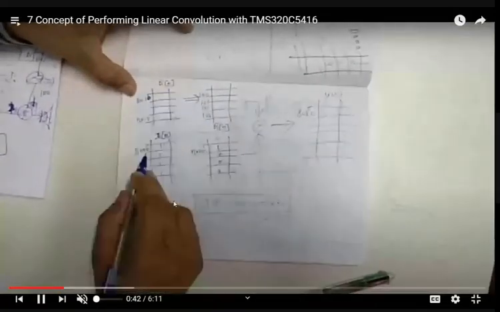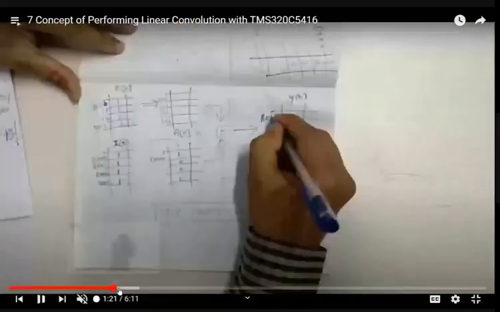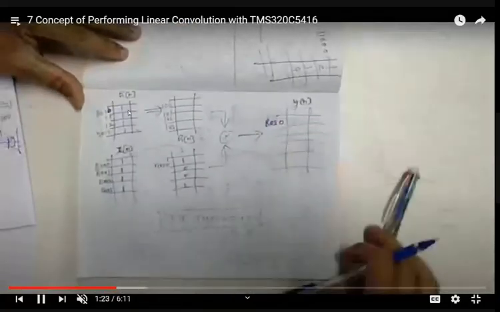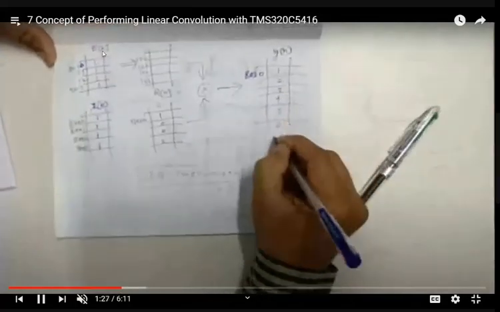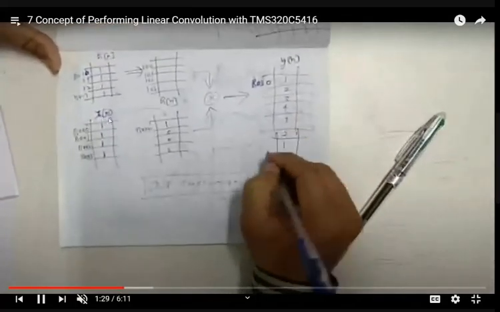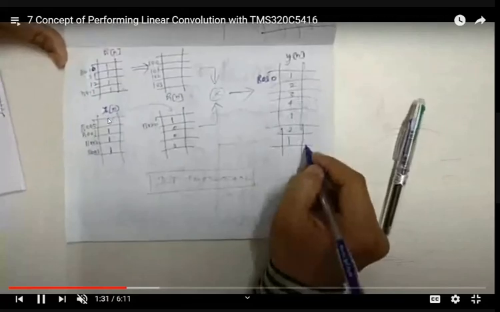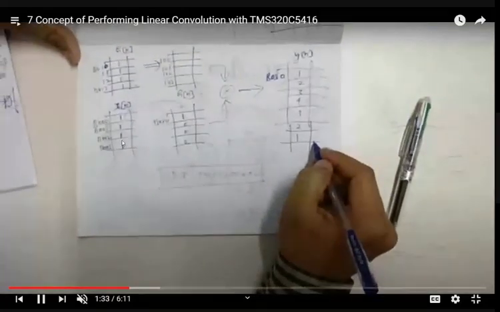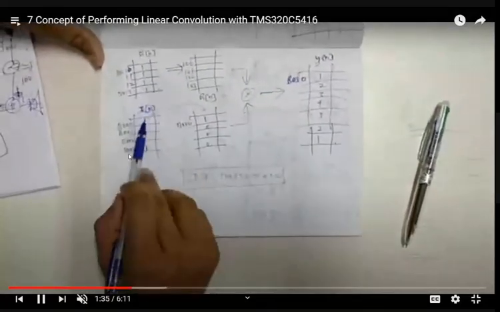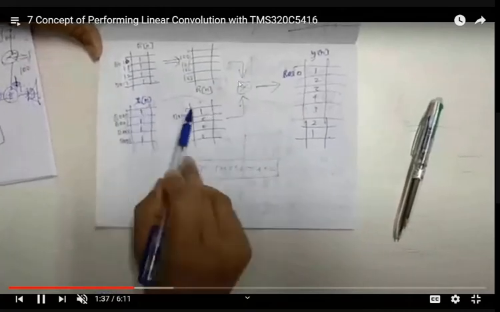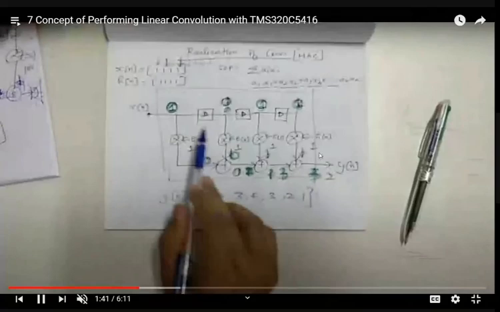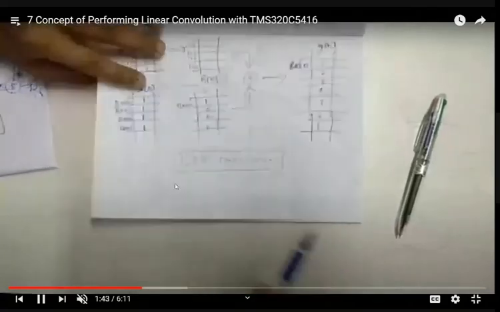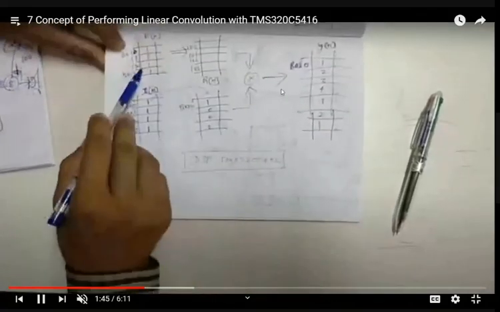Okay. So from this video, you can understand how the coefficients, which is HFN, are stored in the program memory. How the input from the microphone is stored in the data memory like this, and how it is getting convolved, and how we are getting the convolved output as 1, 2, 3, 4, 3, 2, 1, as we have seen in the realization, is described very clearly.